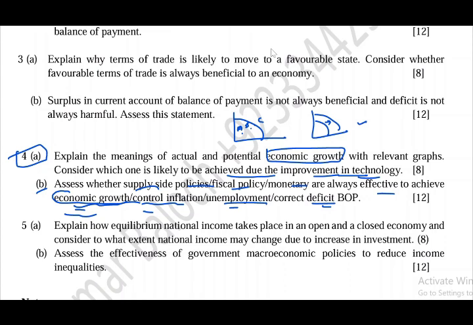And on the other hand, you will have to talk against supply side policy as well. For example, you can say that subsidy provided by the government may be wasted by the private sector, or may be misused or inefficiently used. That may not cause economic growth in the country. Similarly, you can say that education and training provided by the government to the individuals may not improve their productivity if the workers are reluctant to learn new skills about the new technology, machinery, and tools.